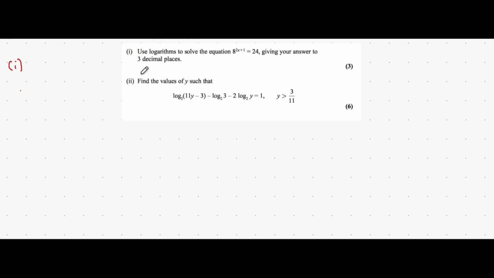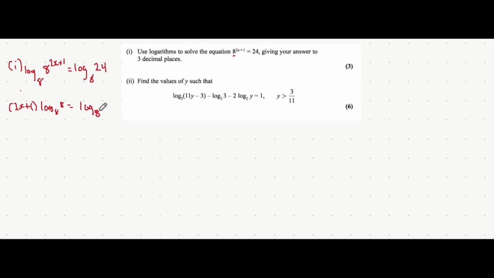Now it makes sense to choose the base of the log that matches the number here. And I'll show you later on in this question why we chose this specific base for the logarithm. So let's now apply that log base 8 to both sides of the equation. So we have log base 8 of everything on the left hand side equals log base 8 of 24. Like I mentioned before, we can take the power down as a coefficient now. So we have 2x plus 1 all multiplied by log base 8 of 8 is equal to log base 8